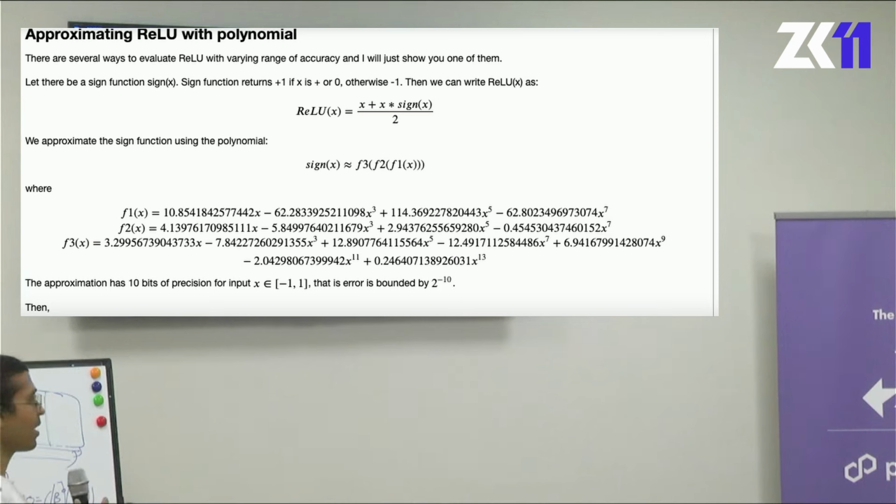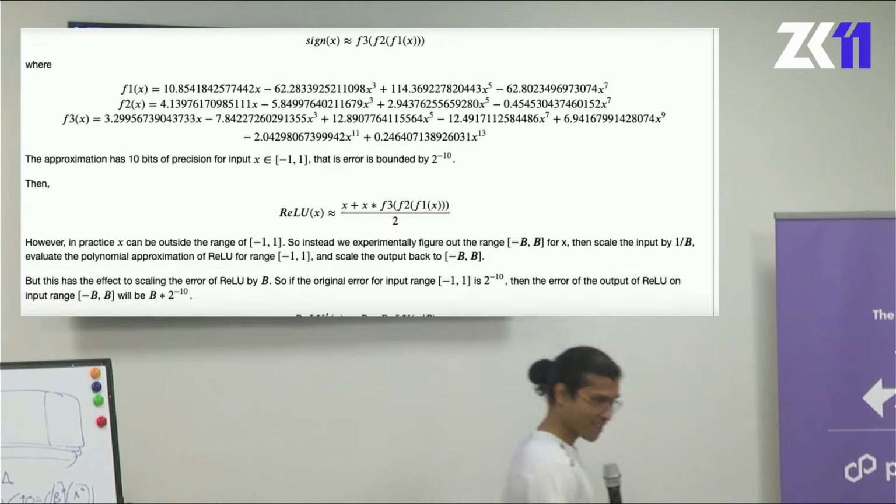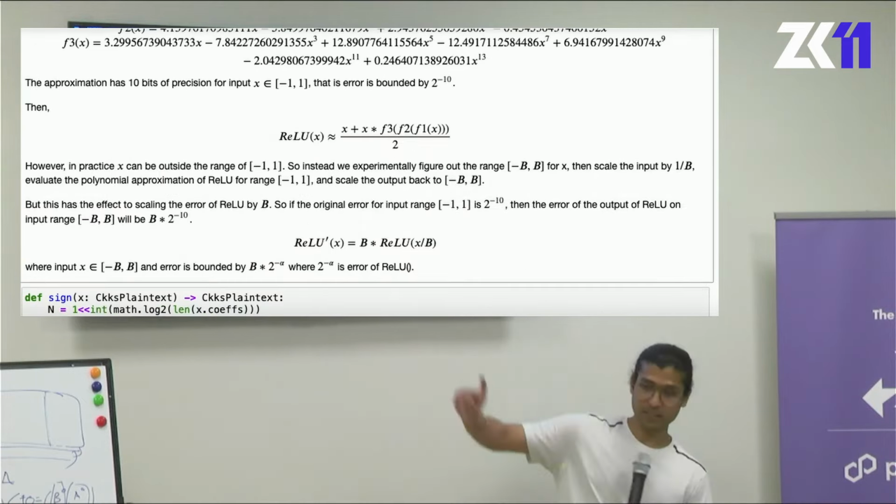So how do we increase the input range of this thing? Well, the solution is pretty trivial. We just scale it. So instead of using this function directly,